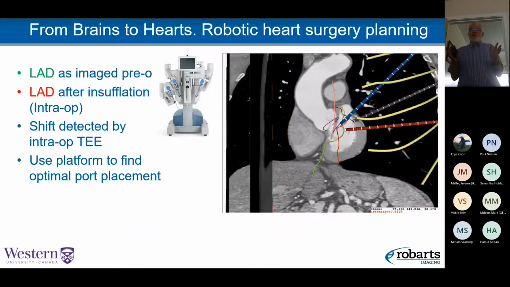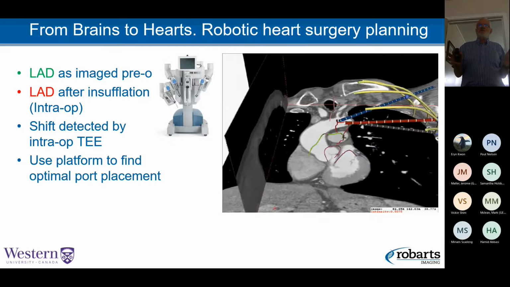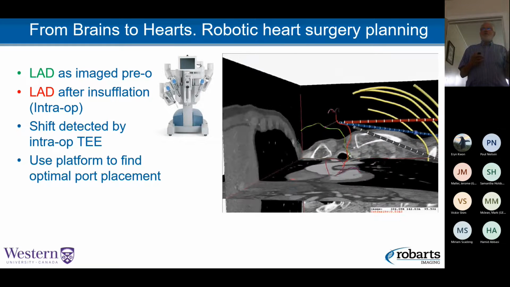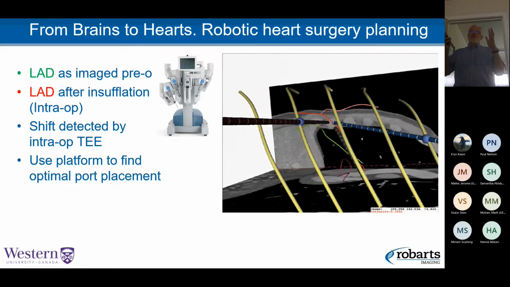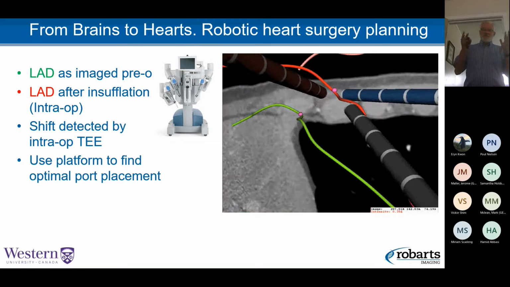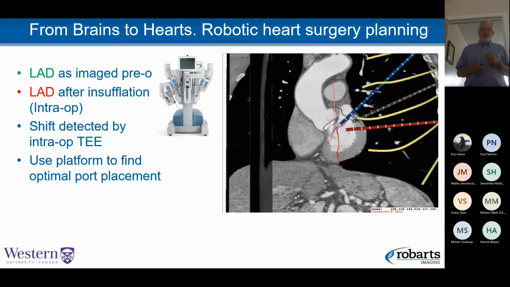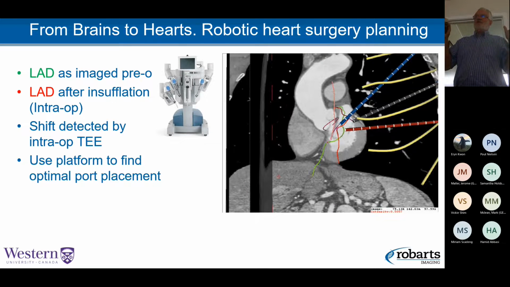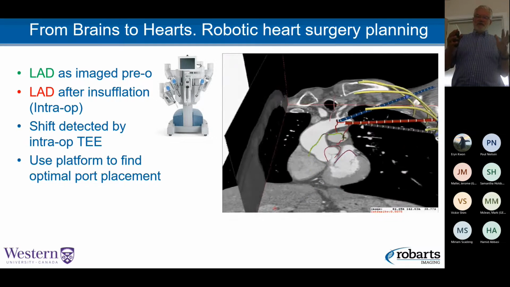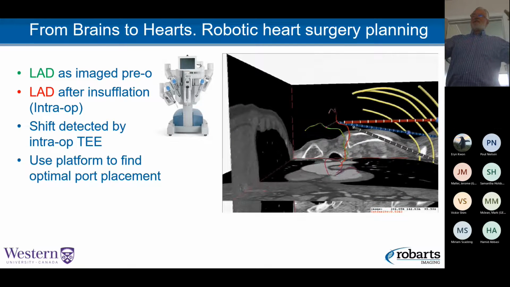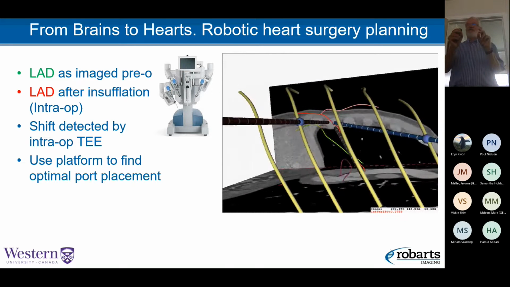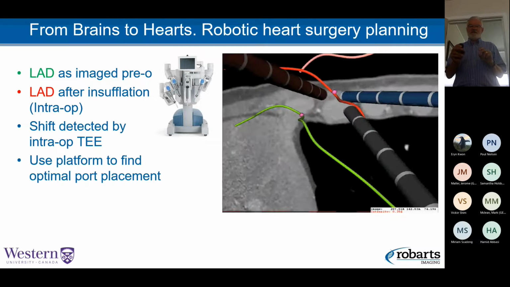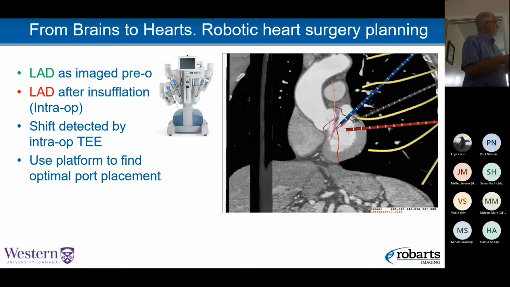I'd been working on brain imaging and image-guided brain surgery for quite a while in Montreal Neuro, and then we were visited by some cardiac surgeons who had just taken delivery of a Da Vinci robot to perform heart surgery. One of the big problems with performing heart surgery with a robot is to be able to place the robotic ports between the ribs in exactly the right places so that you can easily access the vessels that you want to access. In this case, we want to access this vessel to perform an anastomosis of a blocked vessel, for